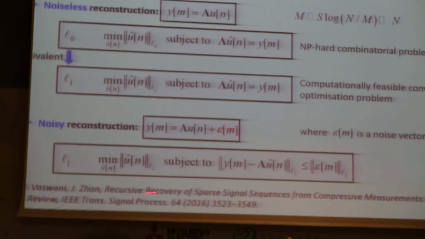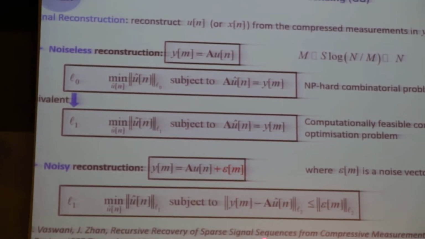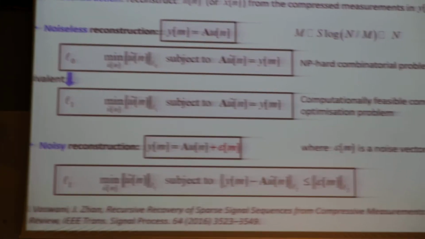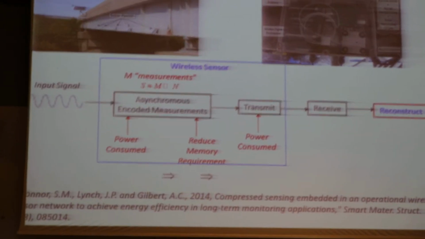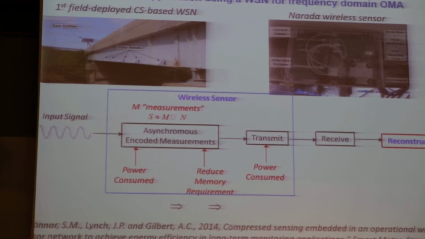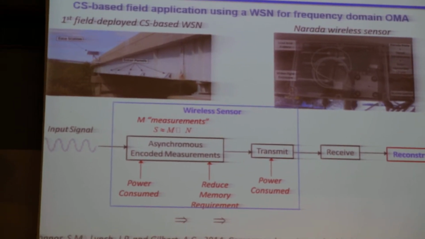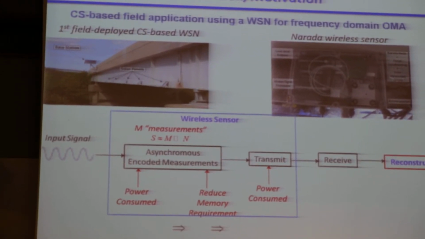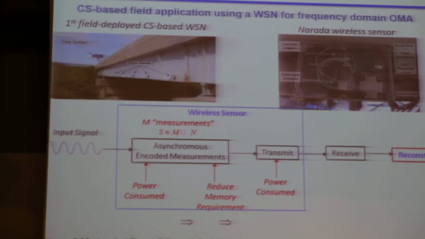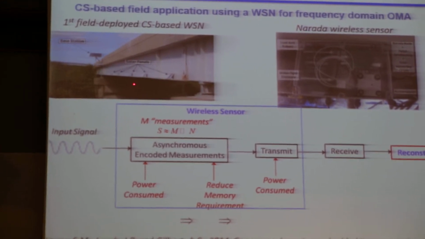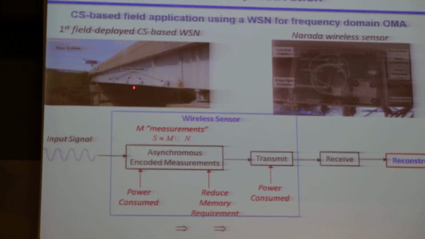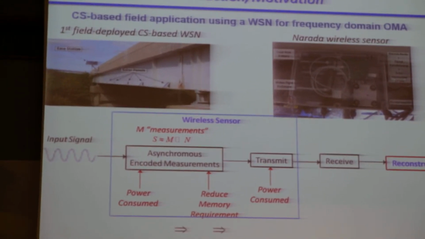And there has been a lot of research on looking at what are called sparse reconstruction algorithms to solve these kinds of problems. Now, a very recent application comes from a handful of research groups in civil engineering that are looking into these aspects these days. And this is the first field deployment of compressive sensing-based sensors to monitor a particular bridge, where essentially they do